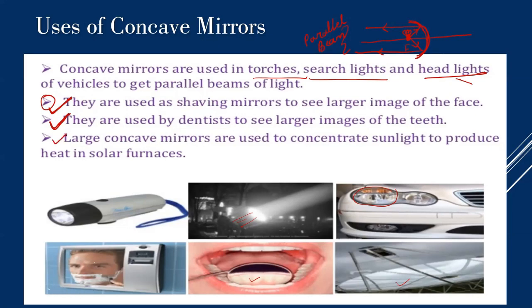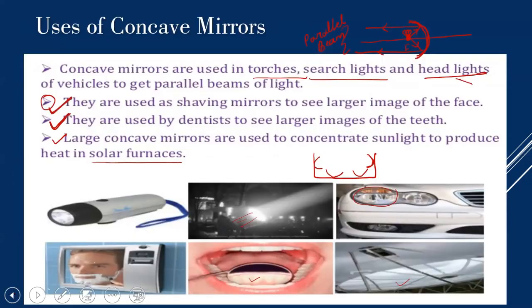They are also used to get concentrated sunlight in solar furnaces. So in solar furnaces, what do they do? Okay, for example, I'll just show you this. This is a solar furnace. In a solar furnace, they keep these concave mirrors inside. So what happens is, in a solar furnace, where is the heat or sunlight coming from? It's coming from the sun. Now the sun is at infinity. The sun being at infinity, how are the rays going to come? They are going to come in a parallel form, right?